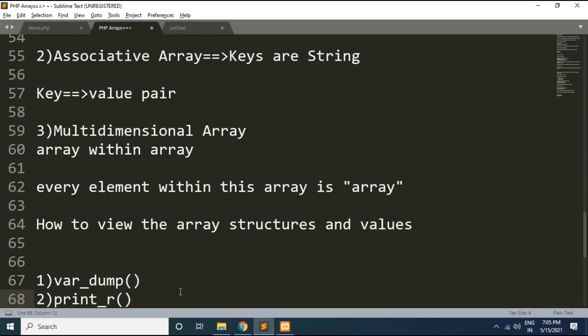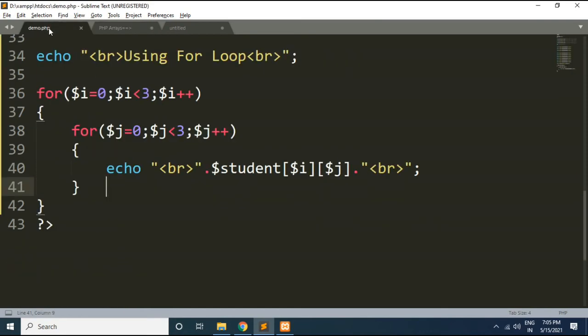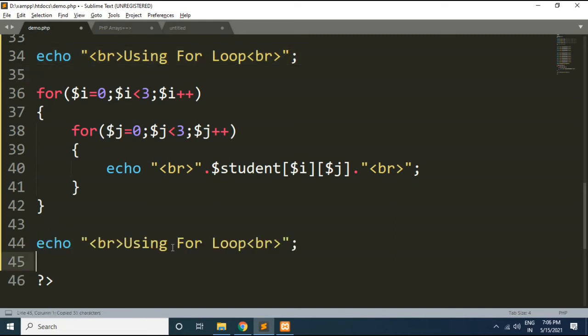So these are two useful functions which will help us to view the structure as well as values. Okay, so first of all I will show you how to use this print_r function, and then we will use the var_dump function. So first of all here we will try to print the array elements using the print_r function. So here I will copy this statement and I will say here using print_r function.